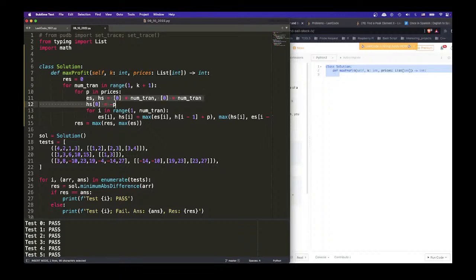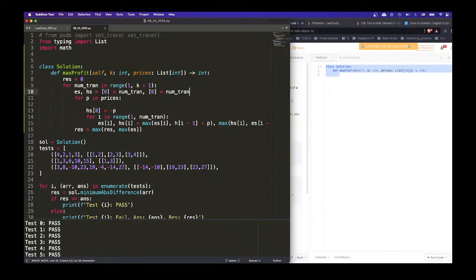I think this one shall be on the outside. Oh, how can we go on the outside? Number of transactions. Yeah, this should be here because... Wait, hold on. Let me think again. We have those prices, right? Then we have to go through all of them. And then we have more, then we go, yeah, so this has to be on the outside. Then if they're on the outside,